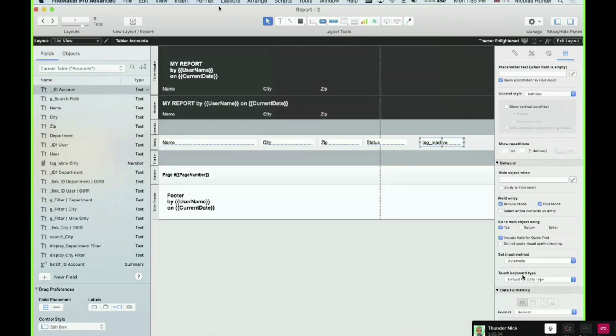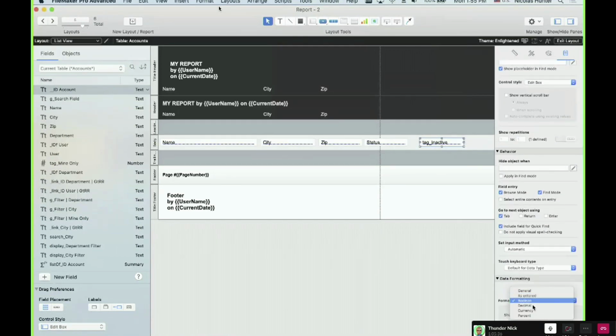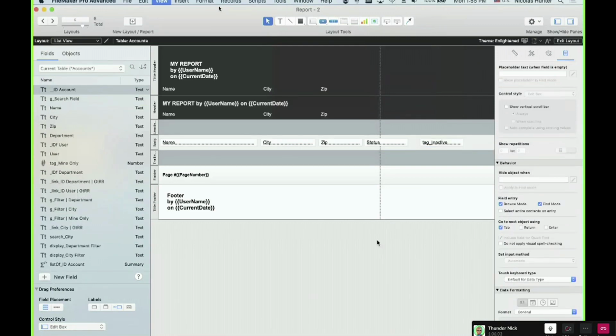Because now FileMaker, on the field formatting here, has a Boolean 0, 1. Boolean means 0, 1. 0, no; 1, yes. But you can say whatever. See here, that's funny, because if it's yes, oh no, I want to say inactive. And I can say active. So I can play with this again. I can make myself comfortable with this.